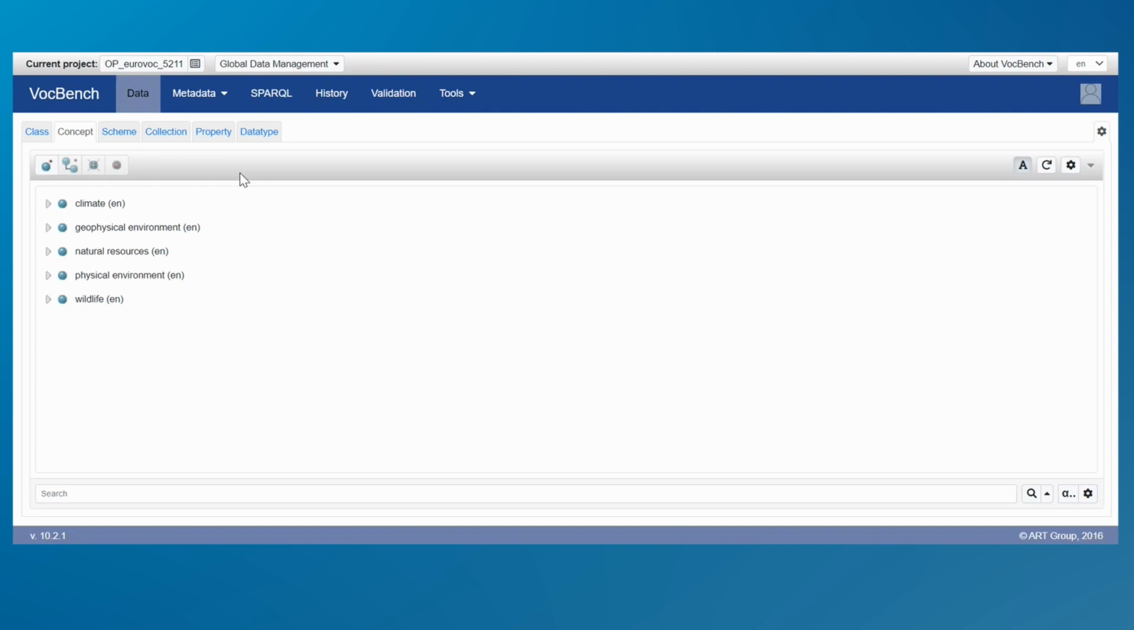And then organize in concept schemes that can be only one or multiple. And you can access the list of schemes under the third tab from the left, Scheme. And in order to edit the data, you have to select at least one concept scheme with this button. So switch back to concept,